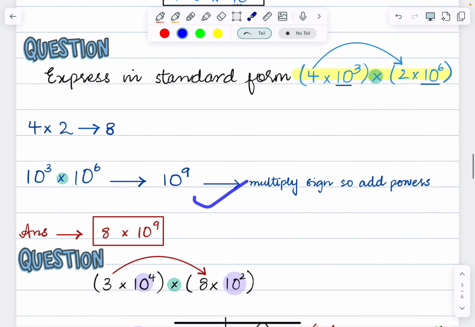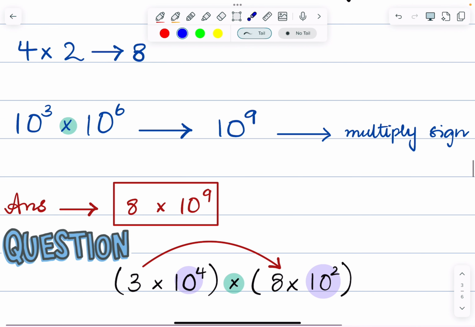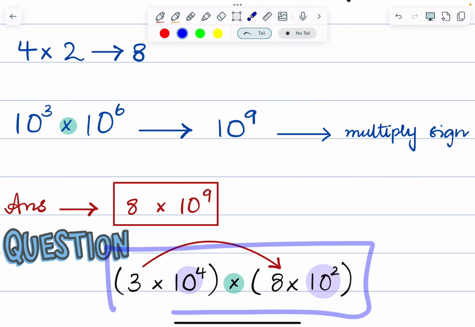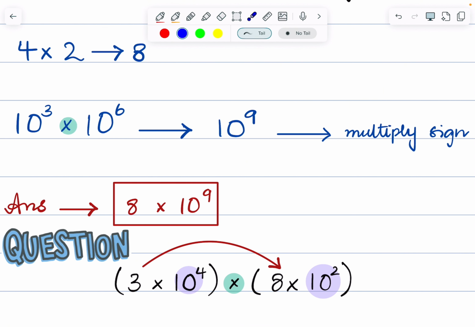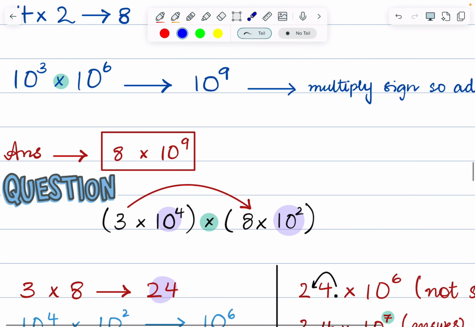Okay, here's one more. This is, I think, just a little harder, not very, but thoda sa mushkil. Yeah, but when you multiply, you'll notice that the answer doesn't come out in standard form. Okay. 3 times 8, that gives you 24. Oh, 24 is not standard form because you can only have one digit before the decimal. यहाँ तो दो हैं, तो okay, I'll still write it down 24.